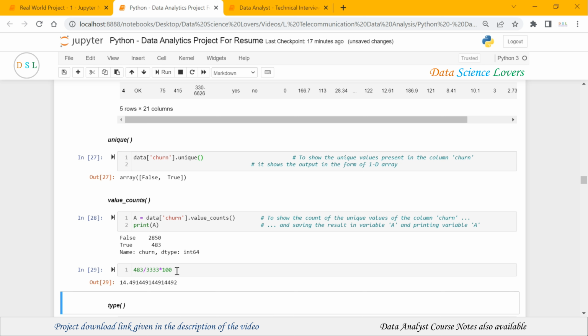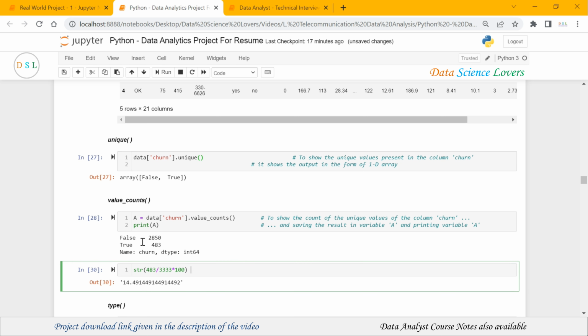We will modify this. First of all, we will convert this output to string format. It is converted to string, as it is represented by these quotes.